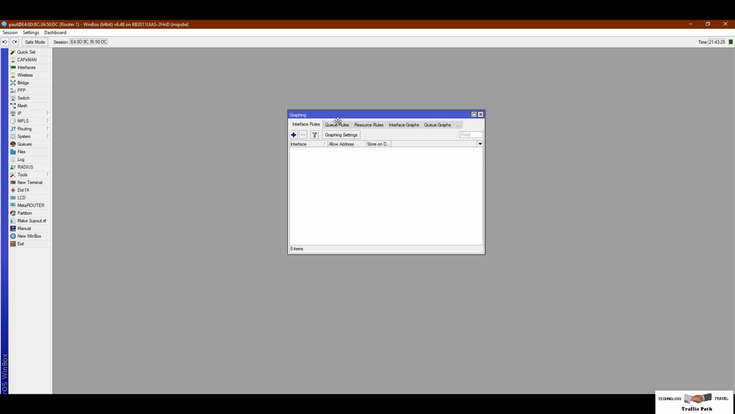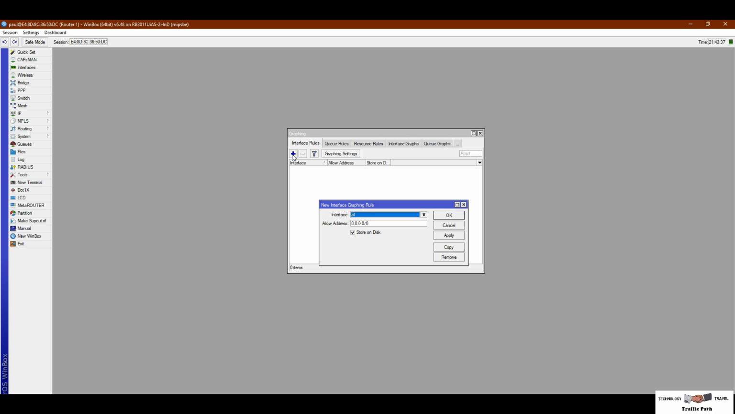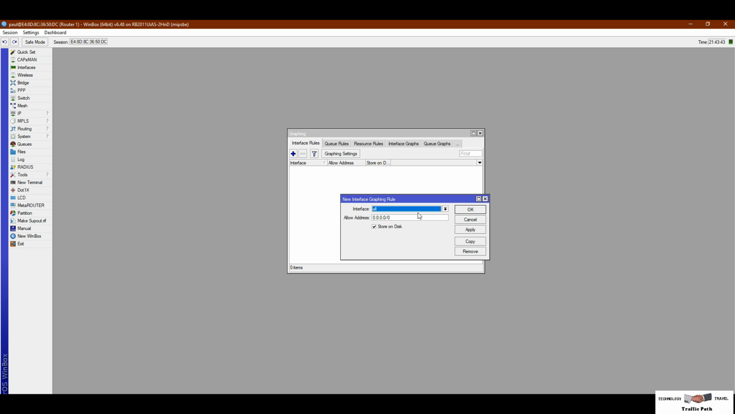You can see the interface rules. In the interface rules, you can set graphing for the router's every physical or logical interface. So start it with the Add button. You can see the interface, and I'm clicking on it. You can see every logical or physical interface in there. You can set graphing for all your interfaces, or only for a specific interface. I am setting it for all interfaces, and you can set your allowed address, from which address you want to restrict